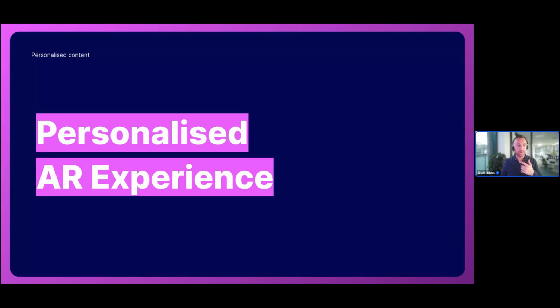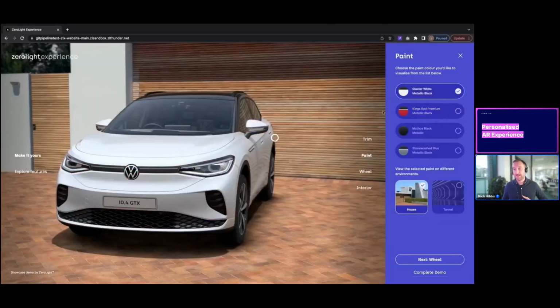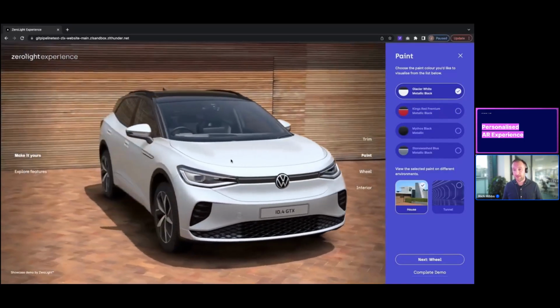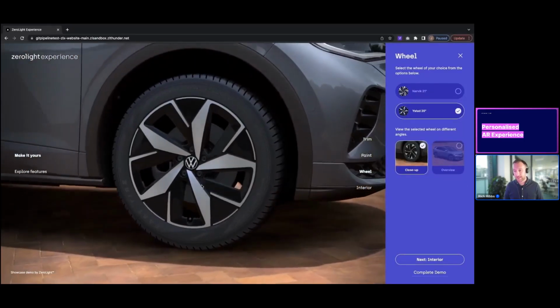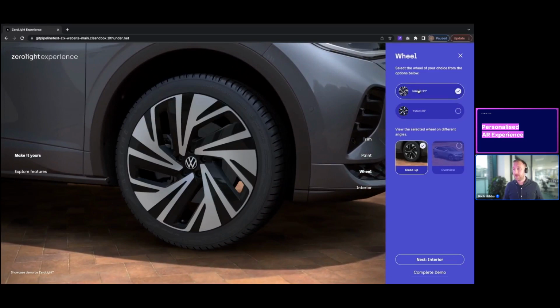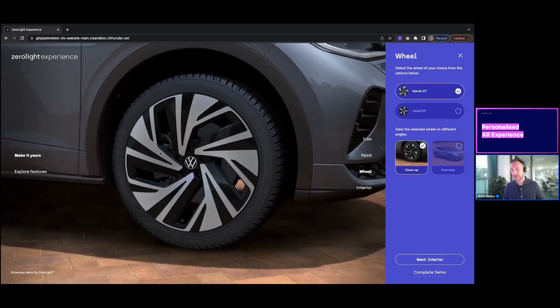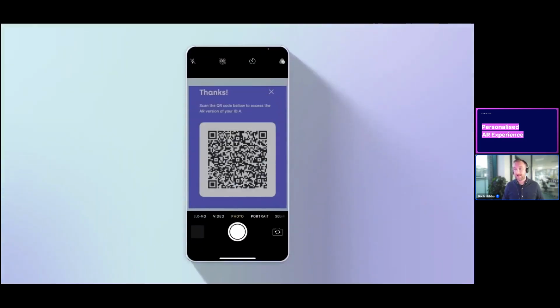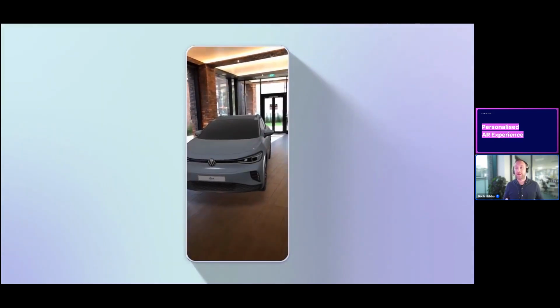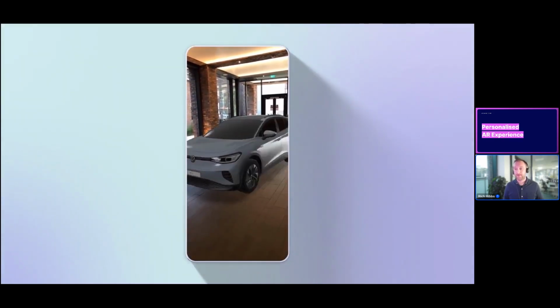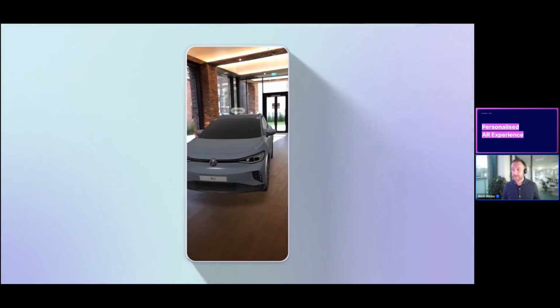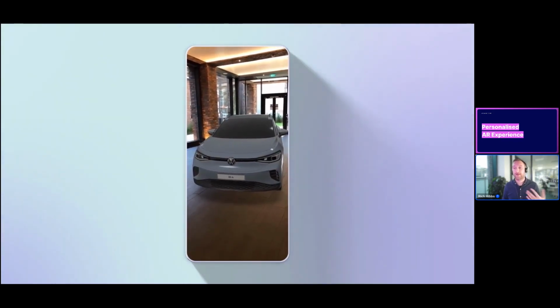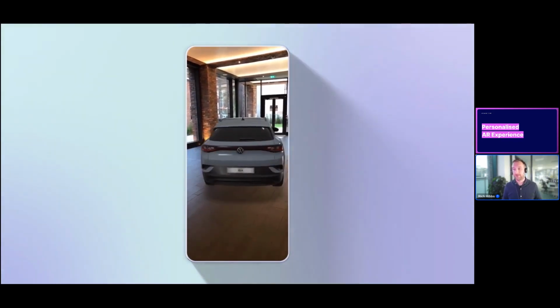What I want to show you finally is it doesn't always have to be packaged, it could be individual pieces of content. So in this demonstration, if we have a look at it now, we have a demonstration version of a VW configurator, what it could look like. So 3D stream, applying some different changes to the configuration. And then what we're doing here is we're going to generate a 3D model, which can be sent to the customer. Again, this could be on the website, but it could be in dealership. It could be via CRM. Your CRM team could be sending this out to people to play with.